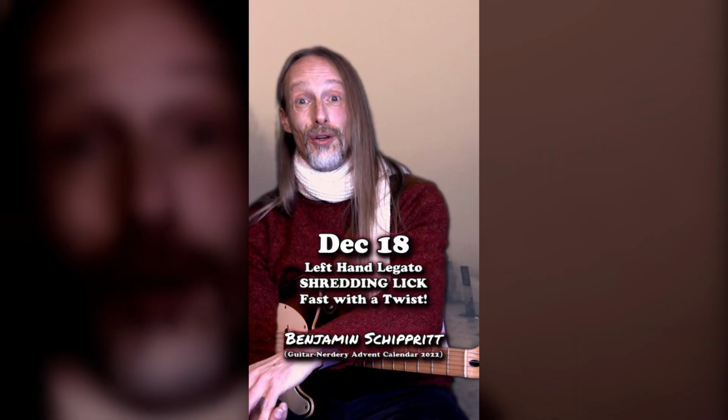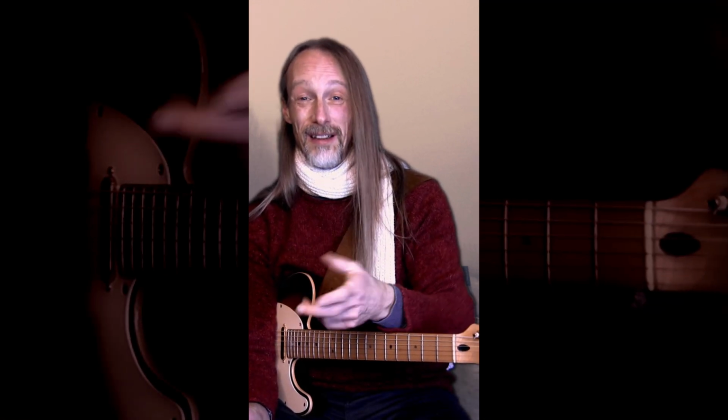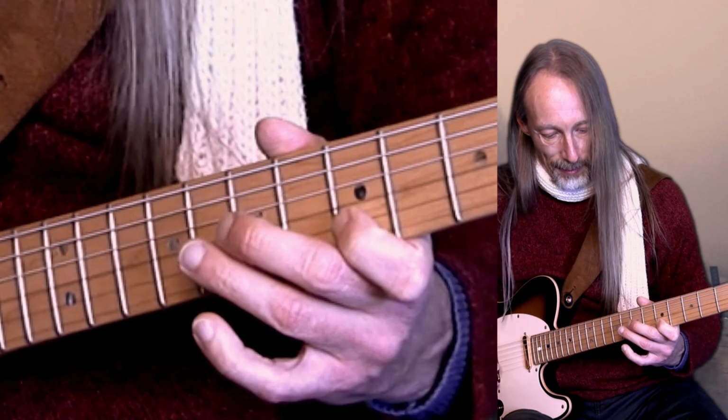Hello, today I'm gonna show you a nice legato shredding lick in the key of E minor, and it's got a nice twist to it because it's a repeating lick consisting of 9 notes. Here's the lick. I'm starting in the 5th position, picking the E on the B string, hammer to the G,